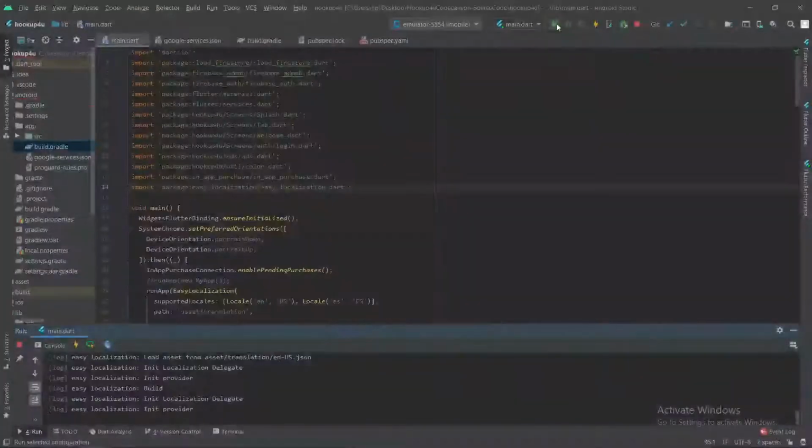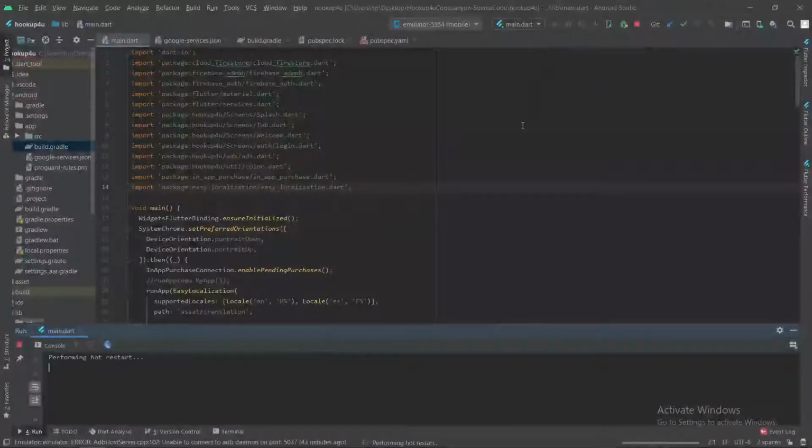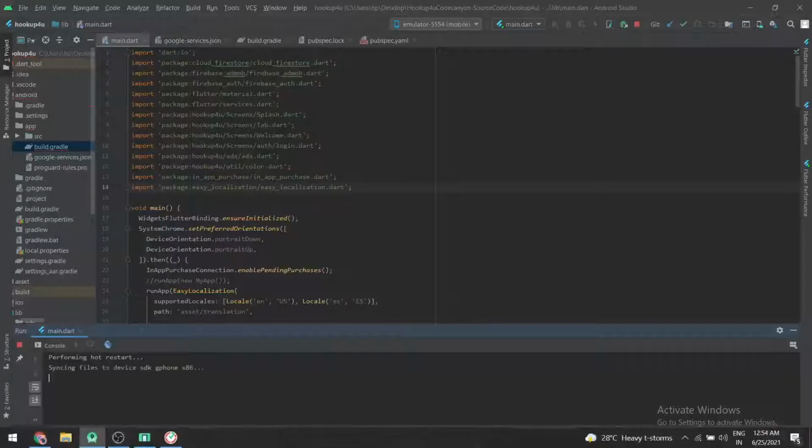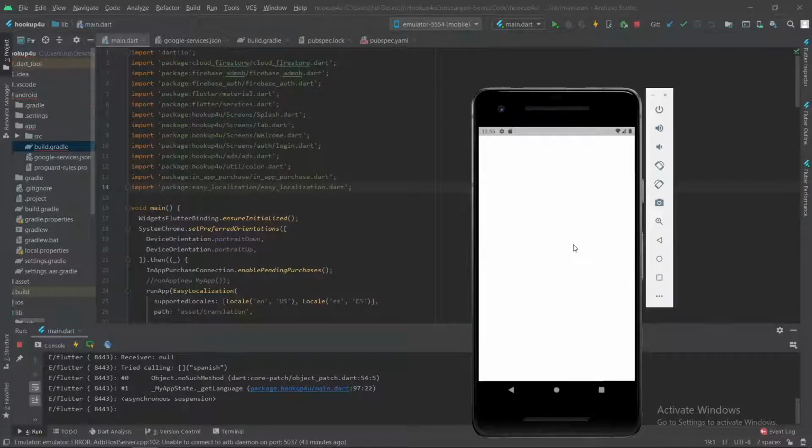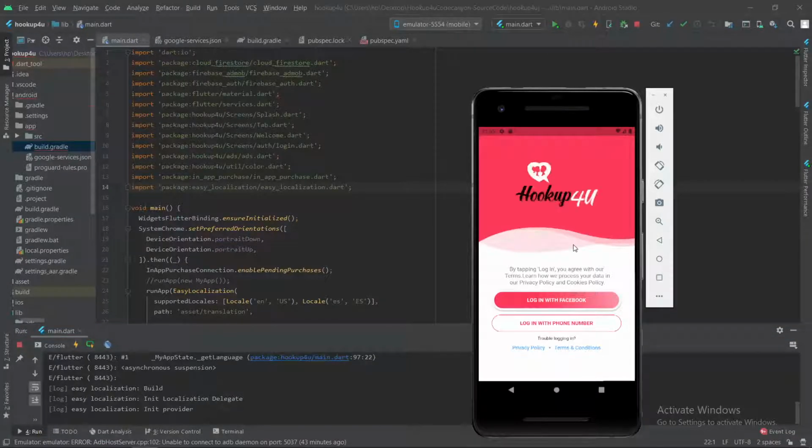And now I will just tap on run so that we can test our app. So yes, we have successfully started our application.